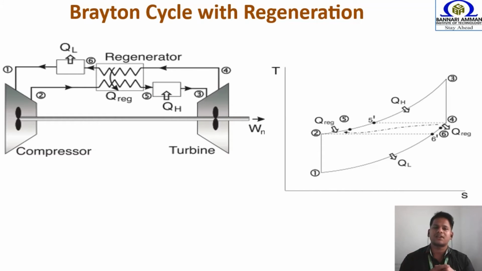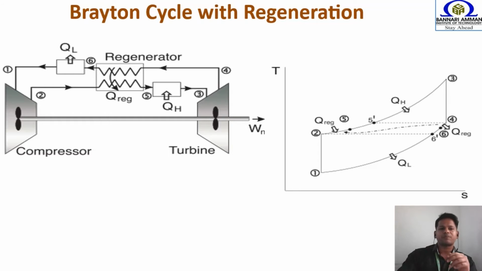Here we are utilizing the waste heat energy available in the expanded gas. Already we have discussed why we are not supposed to directly send this expanded gas to the compressor, instead of passing it through the heat exchanger or going for the heat rejection process. Brayton suggested one more idea: as much as possible, we recover the heat energy available in the expanded gas.